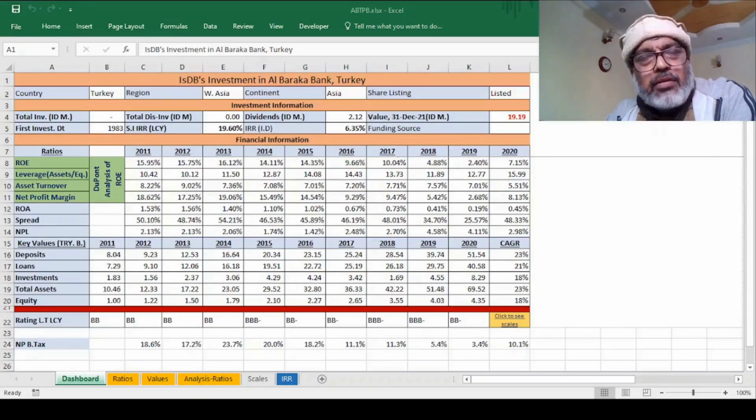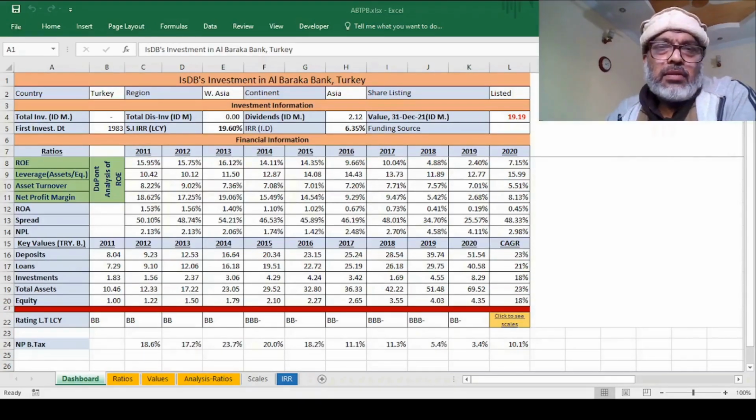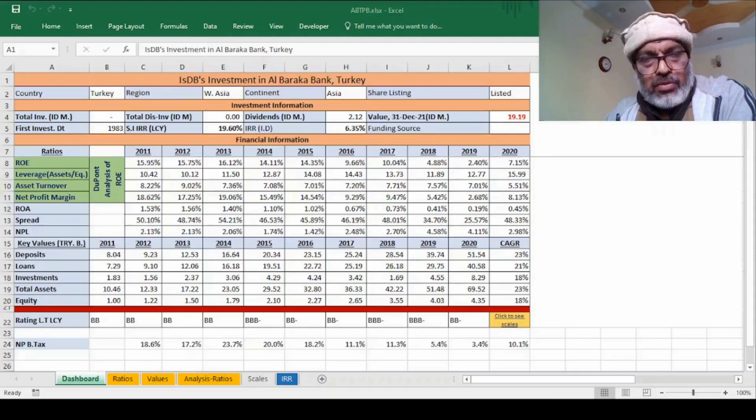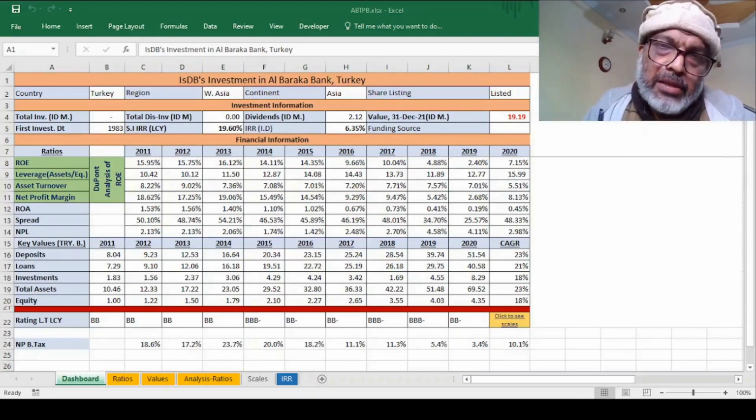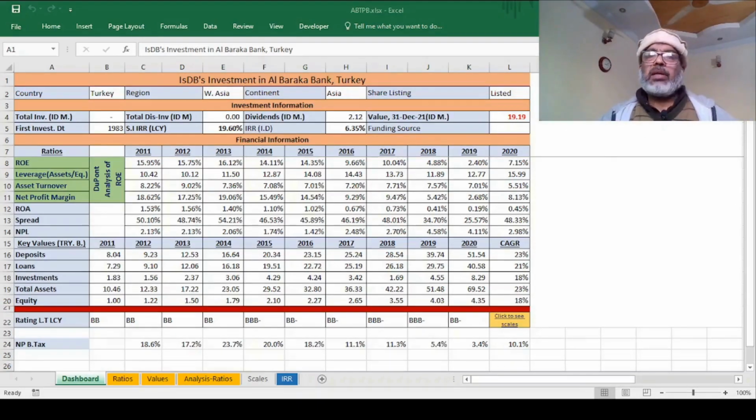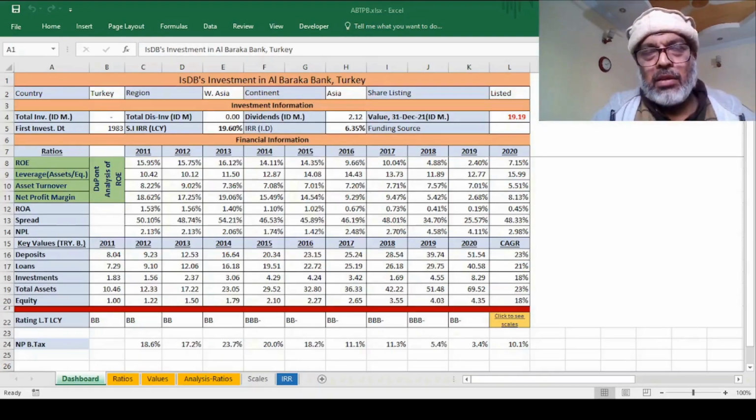Bismillah. Recently, I had done an assignment for the Islamic Development Bank regarding its investments in Islamic banks all over the world. One of the things I did was the CAMEL analysis of all the banks for the 10 years. I sorted the balance sheets of every bank for the 10 years and extracted the relevant data for the CAMEL